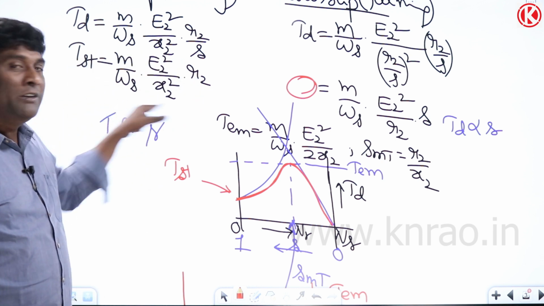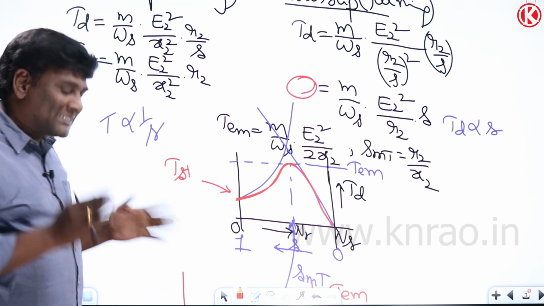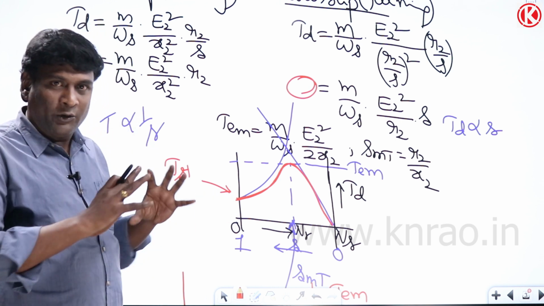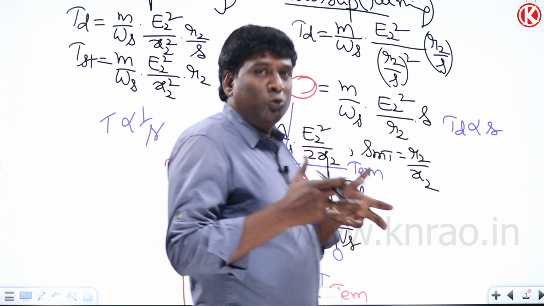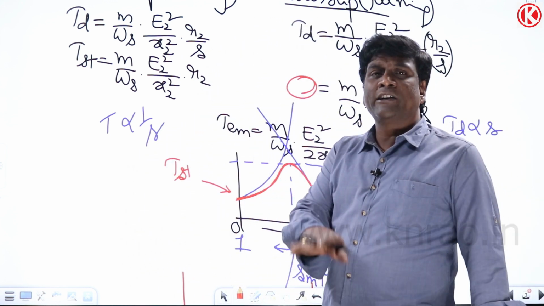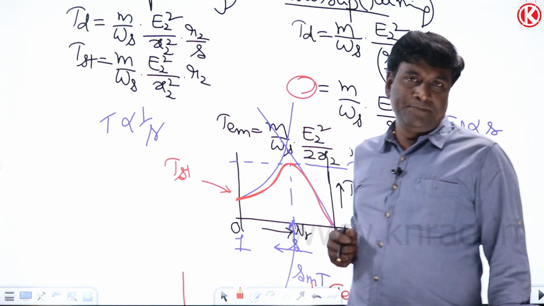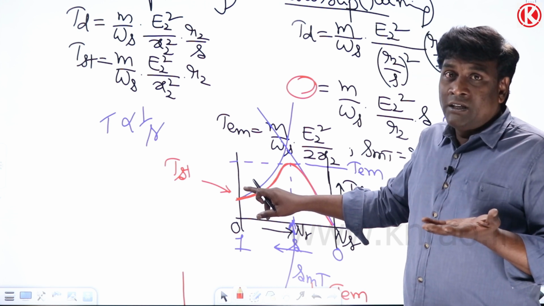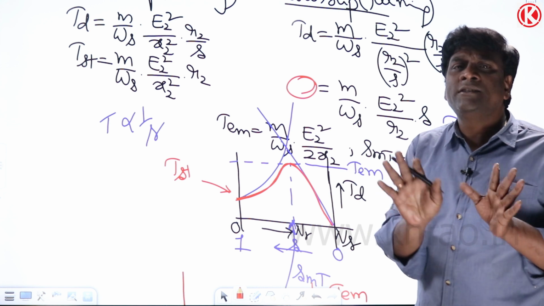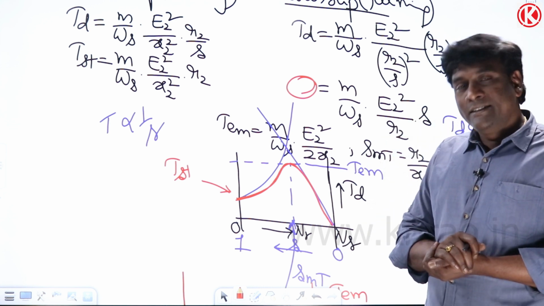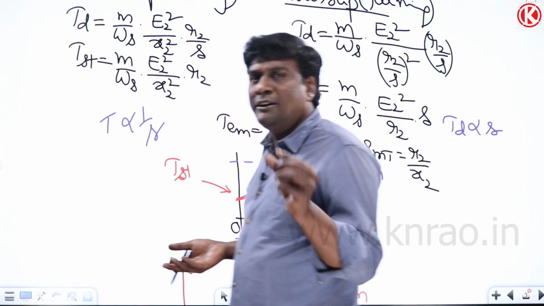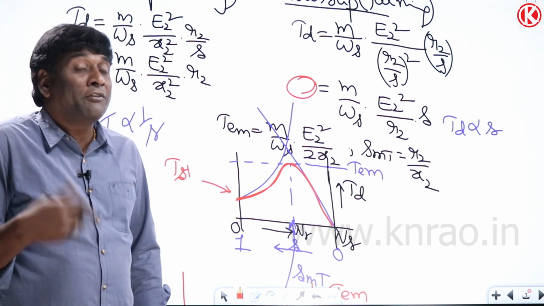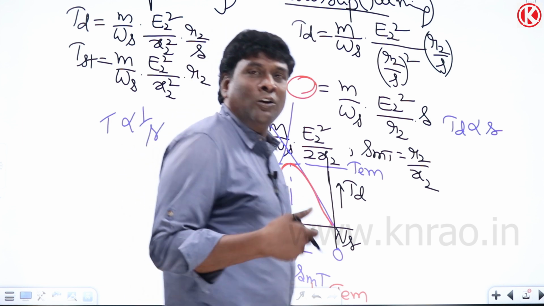So starting torque will be decided by the machine. For example, pull-out torque is 500 Newton meters, and at starting, for example, it is 50 Newton meters. When you are about to start the motor, it is able to deliver 50 Newton meters. At starting, if your torque requirement is more than 50 Newton meters, it will not start. Now my starting torque developed by the motor is 50 Newton meters, and the torque requirement of the load at starting is 10 Newton meters, for example. Then 50 minus 10, the extra 40 Newton meters will be used to accelerate the rotor.